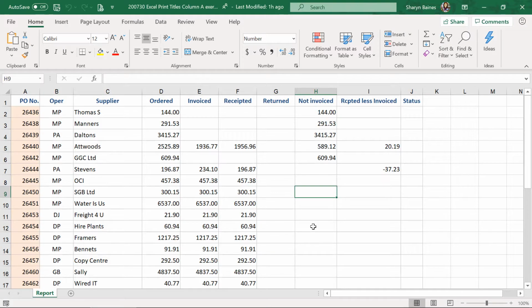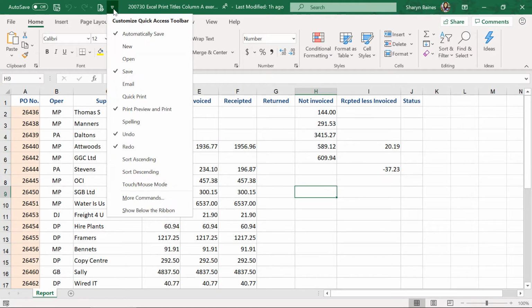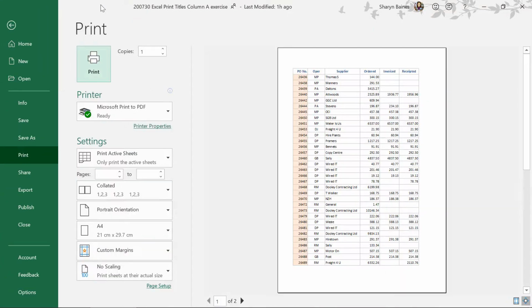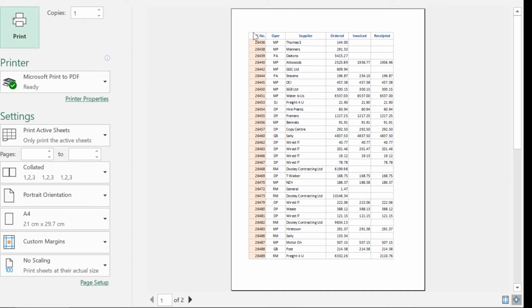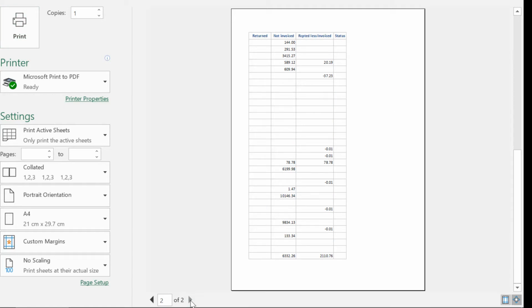Okay, so I want to take you into Print Preview to have a look at this report. I've just popped my little Print Preview button up the top here on my Quick Access toolbar, so I'm just going to use that to quickly get into Print Preview. Okay, here we go. I have my printout here ready to go, and you can see that I've got my PO number, my purchase order number column showing. That's my column A. Now if I go through to the second page, you can see that I no longer